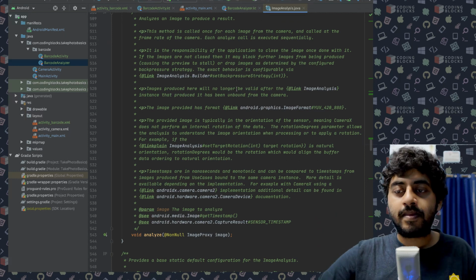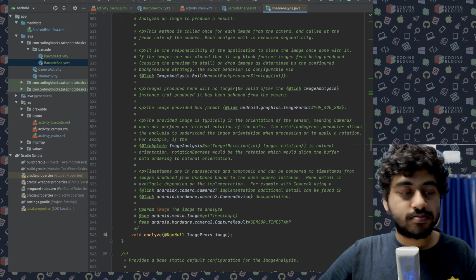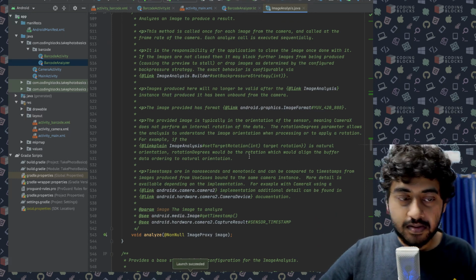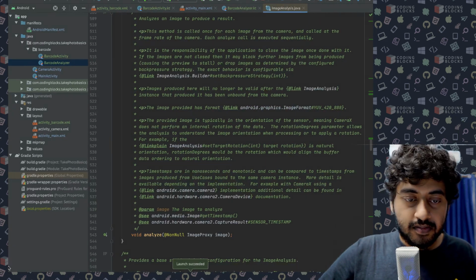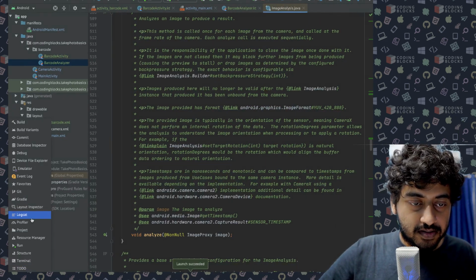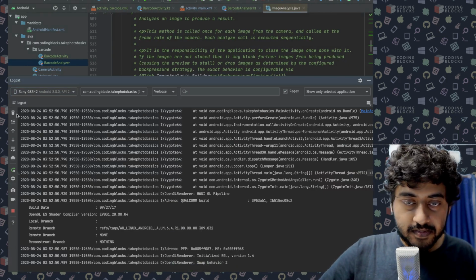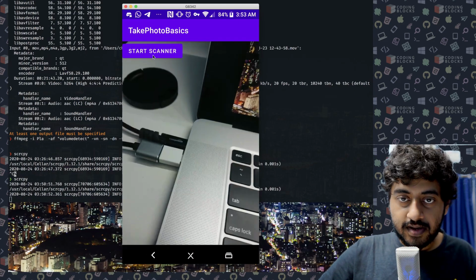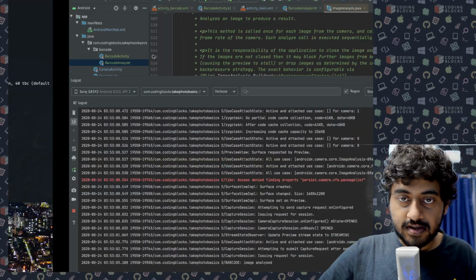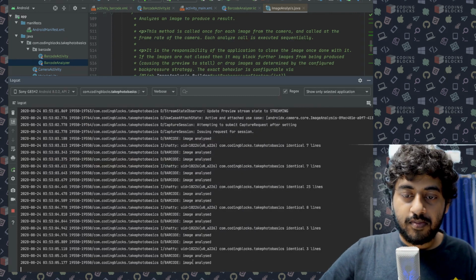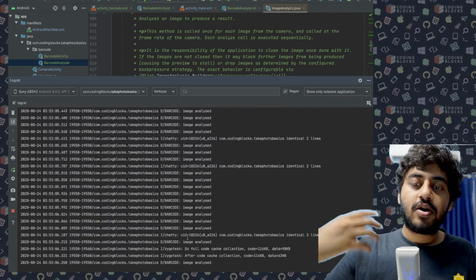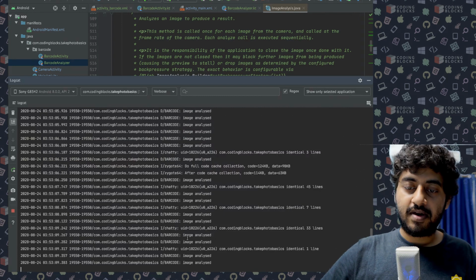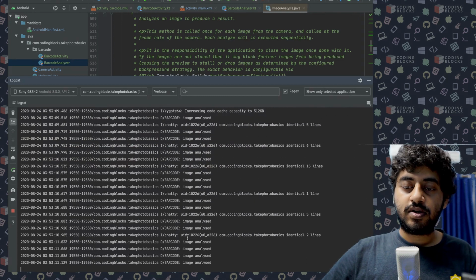There we go. Okay, let's open the logcat again. Clear everything. Okay, so open barcode activity, start scanner. Okay, we keep on getting image analyzed. So every time I close the image, the camera will keep on sending me new images here.